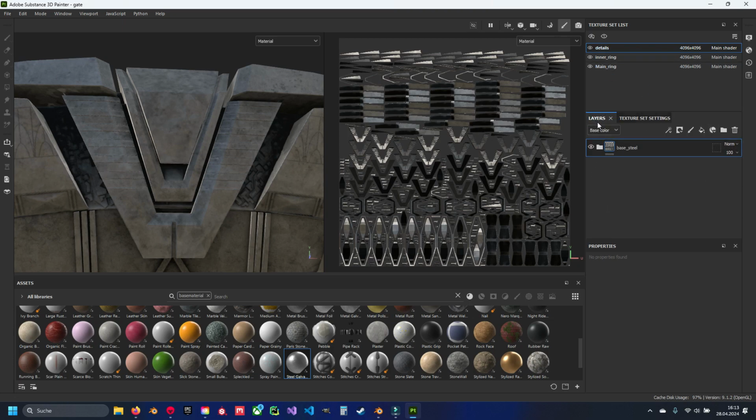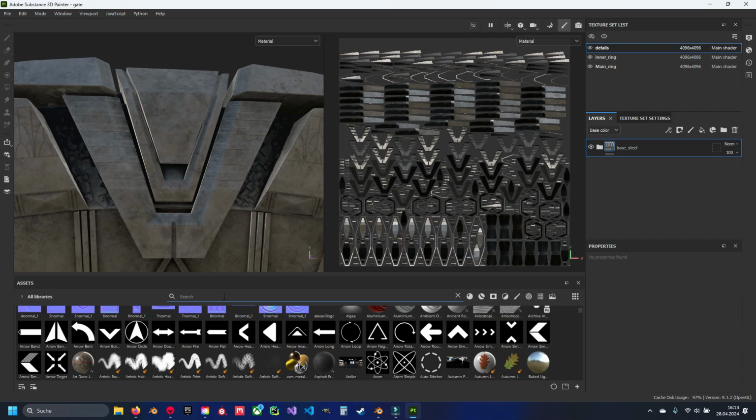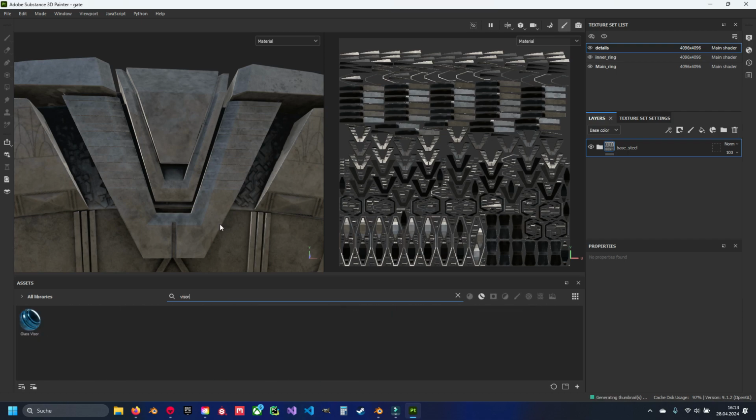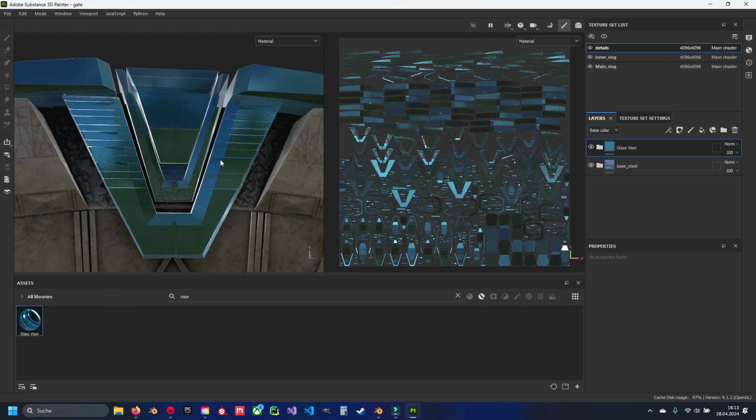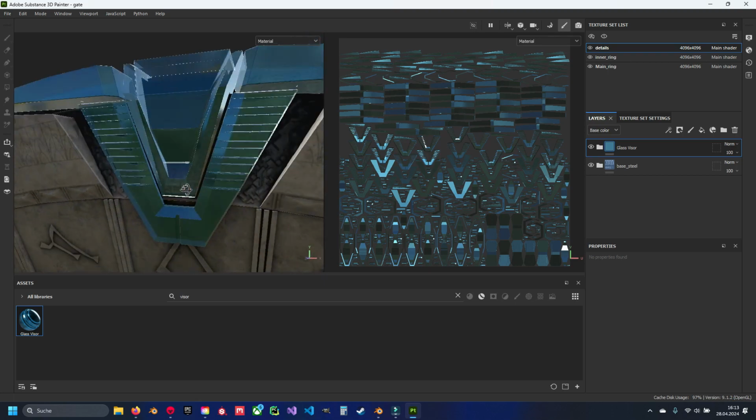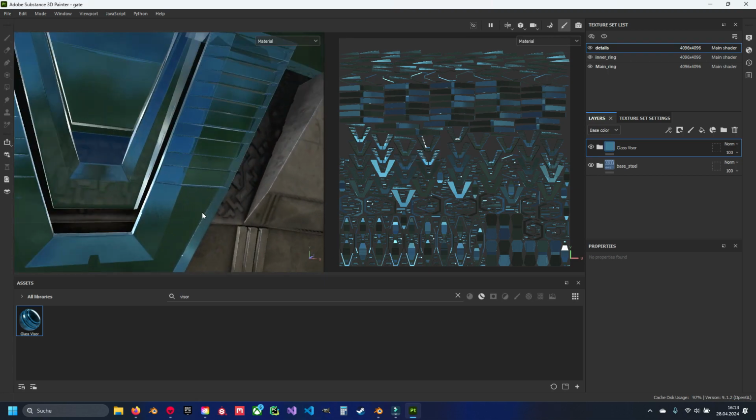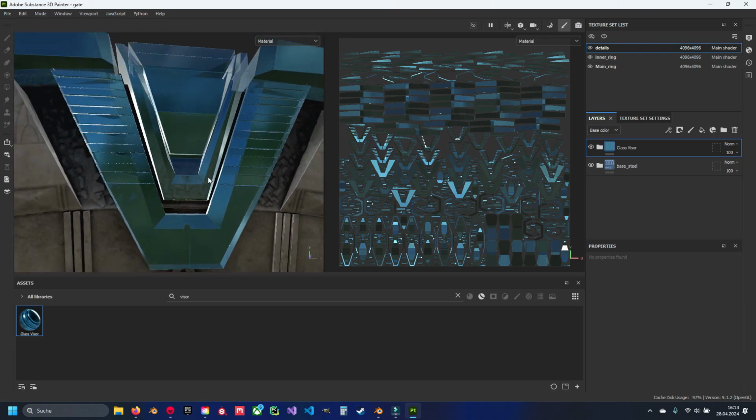We can go back to the layers, and in here we can add our glass material. So just type in here visor, and you have this glass visor. Just drag and drop it on top of all. And as you can see here, it's already looking a little bit like glass, but it's not that what